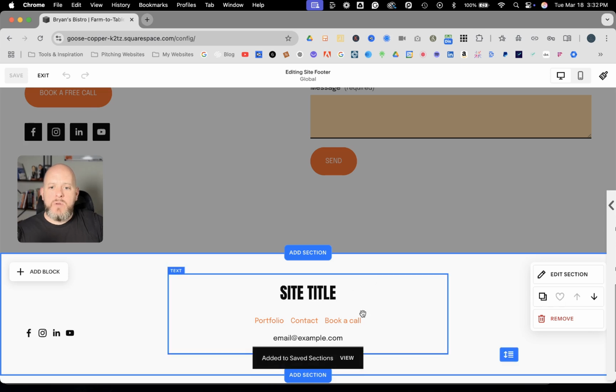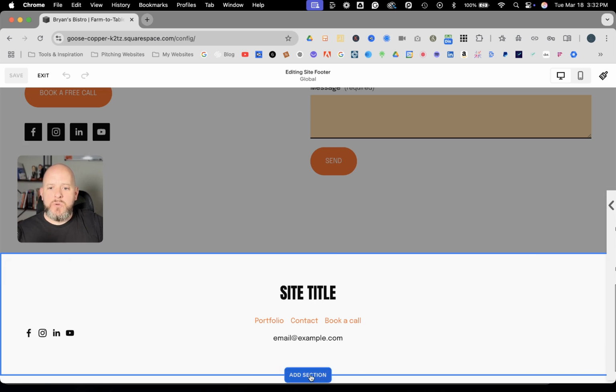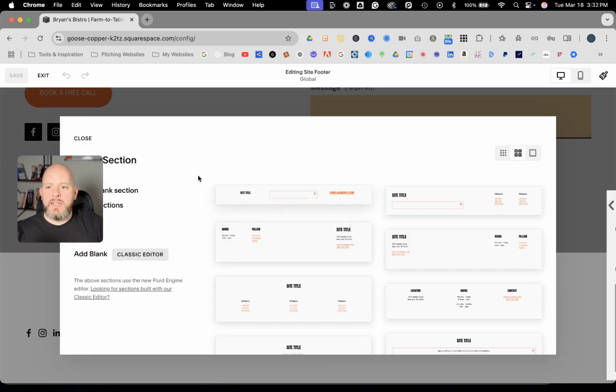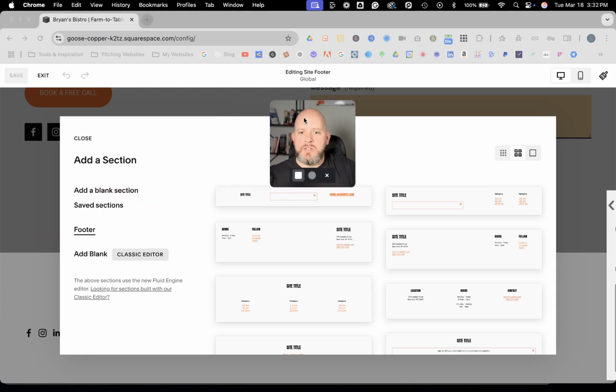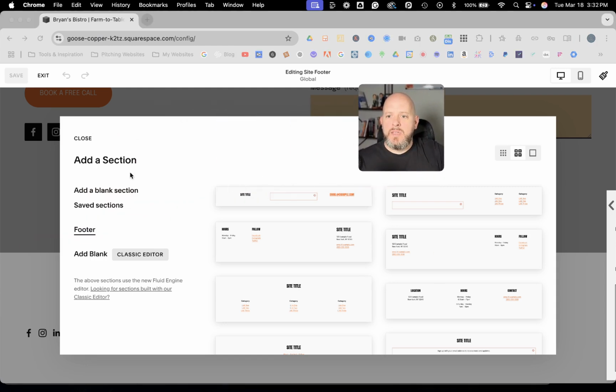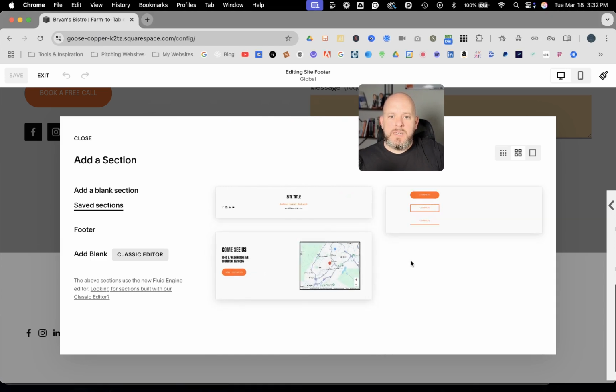And then now whenever you go to add a section, like if you wanted to add a footer again, you have saved sections here in footers. And you see these are the ones that are available. This is the one that we just saved to be able to add. So let's say that we wanted to add one of these other ones that I have as a saved section as well already. We would just click it,